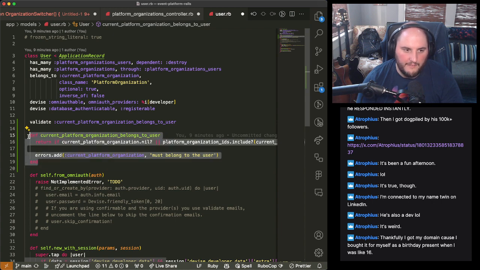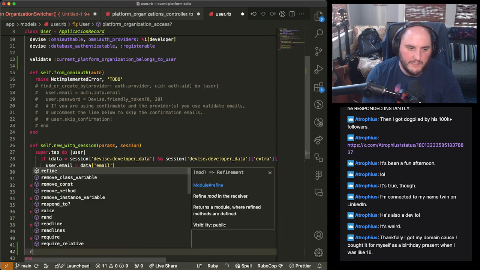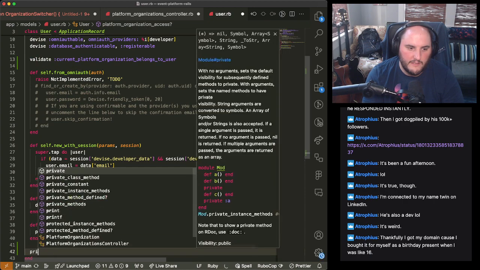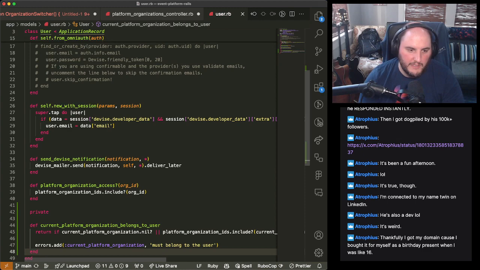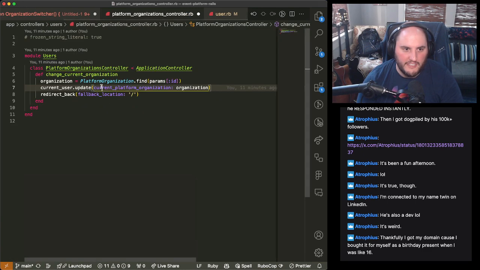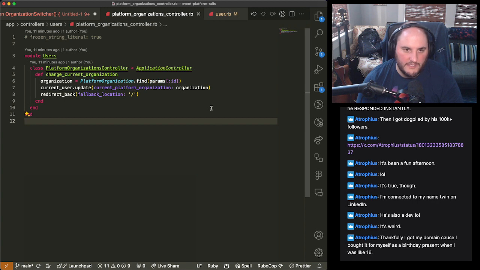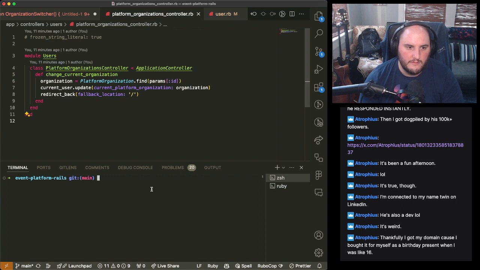Boom, done. Validated. And go throw this under a private method because you don't really want to be calling this externally. But all of a sudden, I didn't have to change any code here. And this is going to run. And if I try to give the user access to an org they don't have access to, it won't allow it. Check this out.